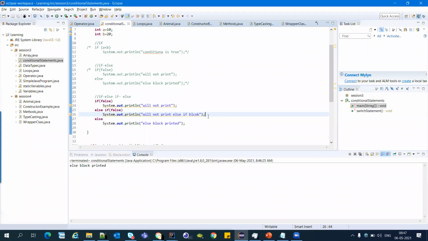Yogesh, you can go ahead. In the same block, if you have another condition, you can simply add another else if, make it true for now, then add some code block.